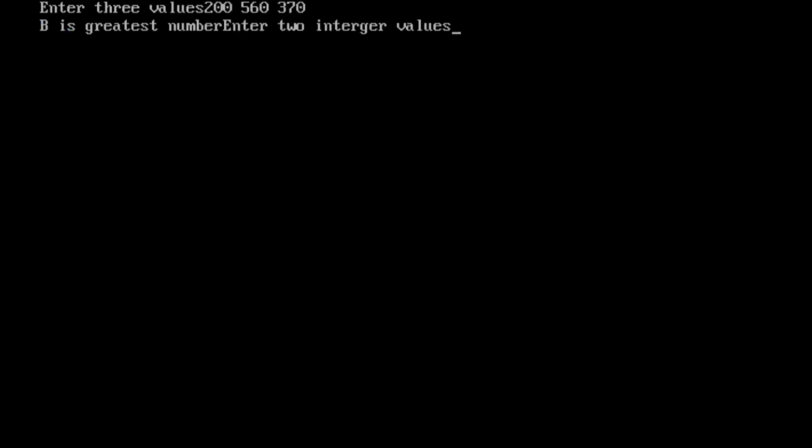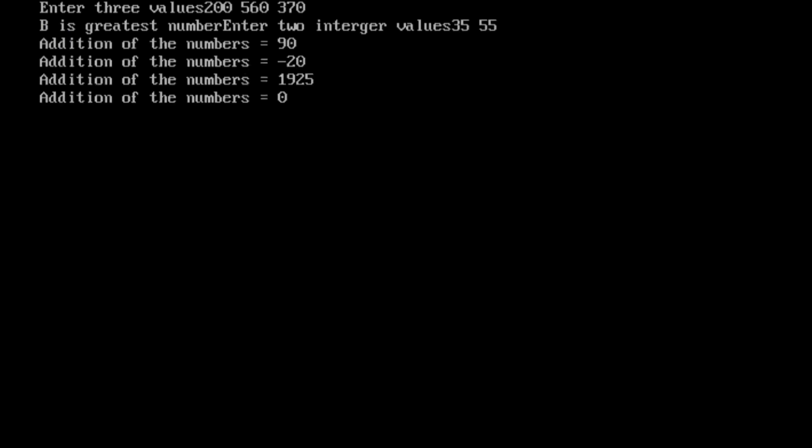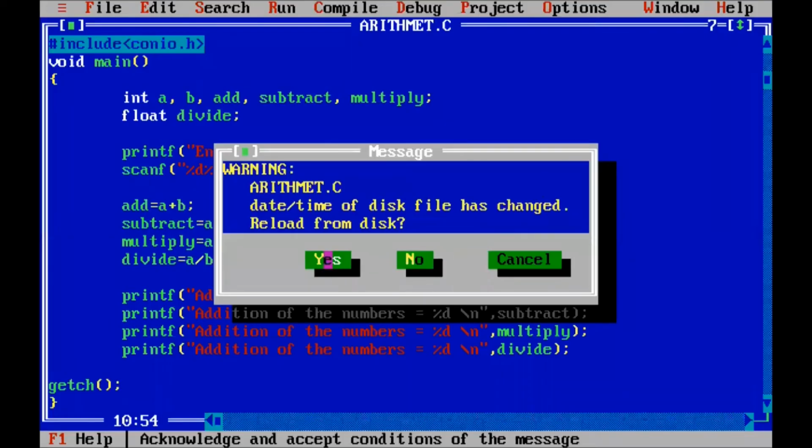Here B is greatest number. This is the old message or old program message. So we enter two values here. Suppose we enter 35 and 55. The message prints addition of the numbers 90, and subtraction 35 minus 55 is minus 20. Here is a problem: we wrote the message addition everywhere, so we should make changes.